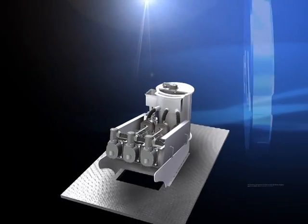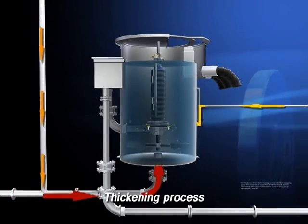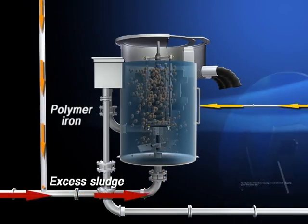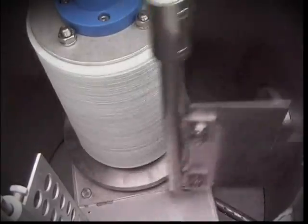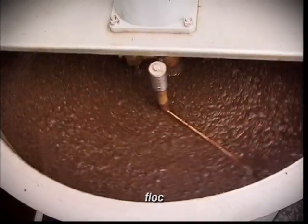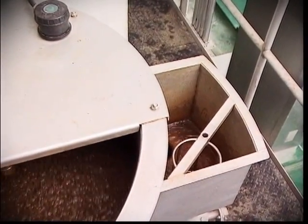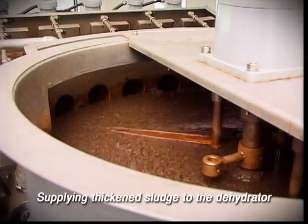Let's look at the sludge processing of the thickener sticking multiplex plate dehydrator. First, extra sludge flowed by the sludge supply pump during the concentrating process is combined with polyferric sulfate and polymer to form a floc. The formed floc is concentrated in the process of discharging the residue liquid, separated from the sludge by the residue discharging device. The residue liquid flows into the processing site and the thickened sludge is induced to the